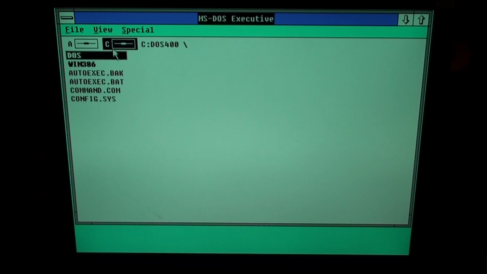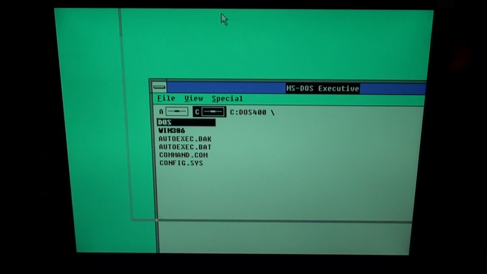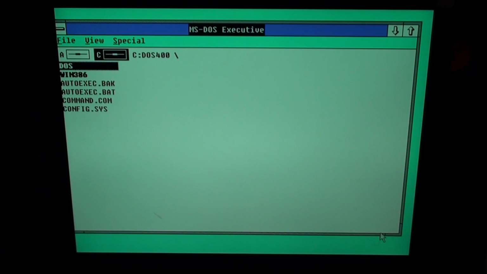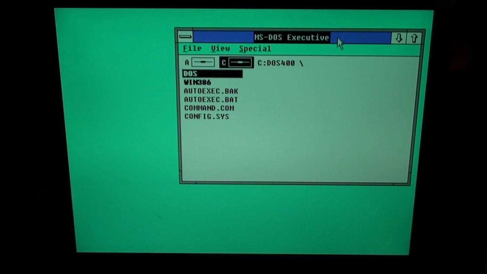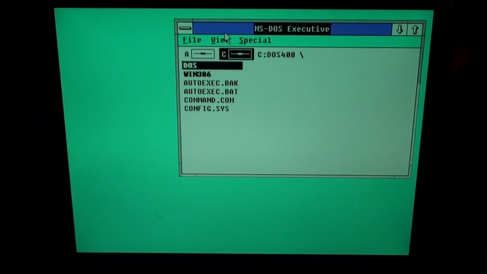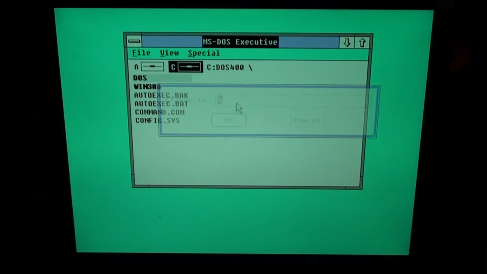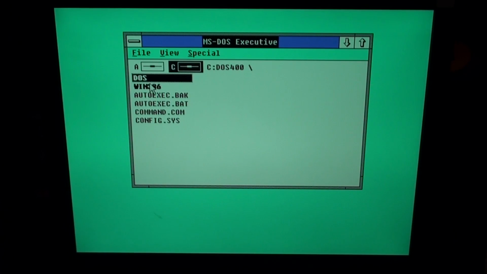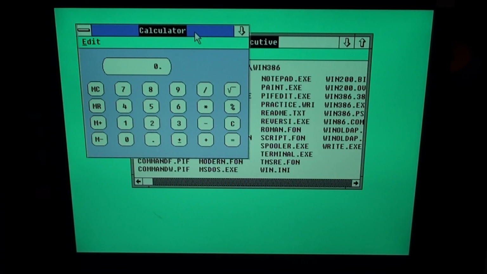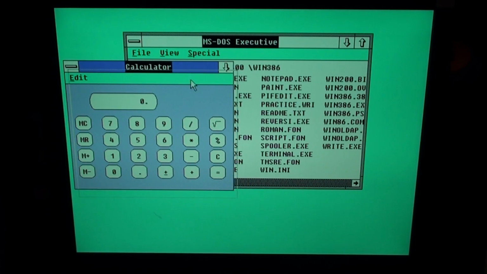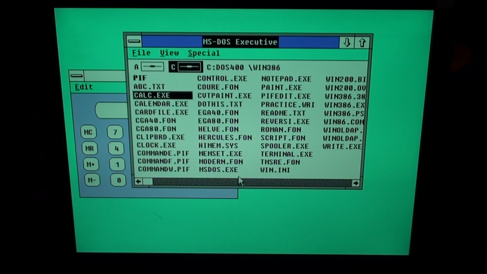Holy crap, I've never ever used Windows 2 before, and this is it. You can actually move windows around and resize them. That was a big deal, and that's what made Windows 1 look like a piece of crap. So we have a problem here. Let's go in here. Okay, we got the calculator. So there's your calculator. Now let's actually look at